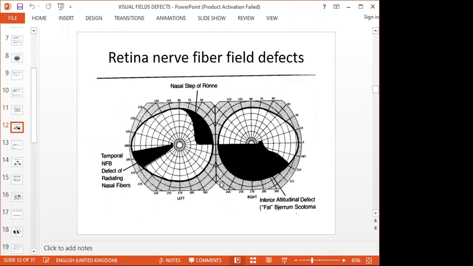Okay, next one. Let's go to this one. Where is the visual field defect? This one. This is the left eye, this is the right eye. Now, where do you look? So, where do you look? Yes, exactly. That's the point I wanted to hear. But picture it is superior